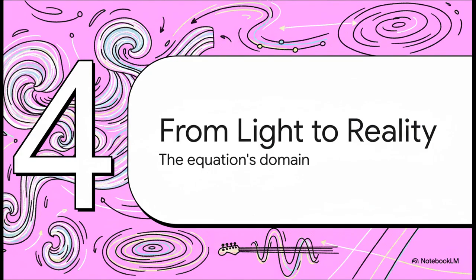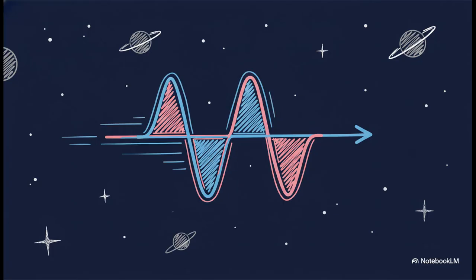So, we've got this amazingly powerful equation. Let's move on and see just how far its reach extends. This is where we go from abstract math to the actual reality we all live in. One of its most famous jobs is in electromagnetism. Light, radio waves, X-rays. They're all just self-propagating ripples in electric and magnetic fields, and they're described perfectly by the wave equation. It's literally how information travels across the empty vacuum of space, totally free of any matter.